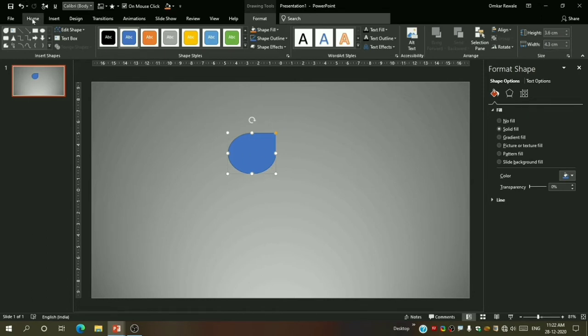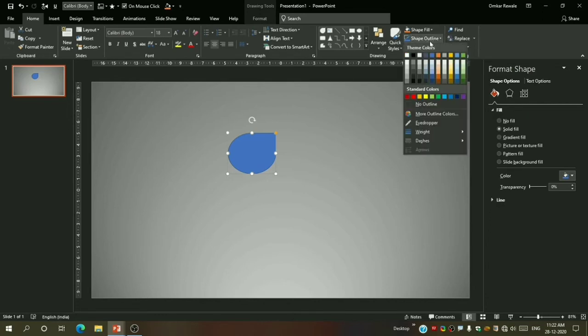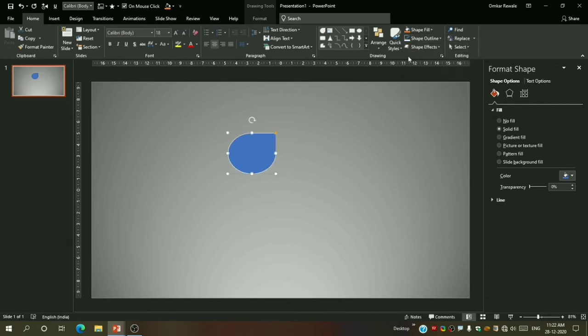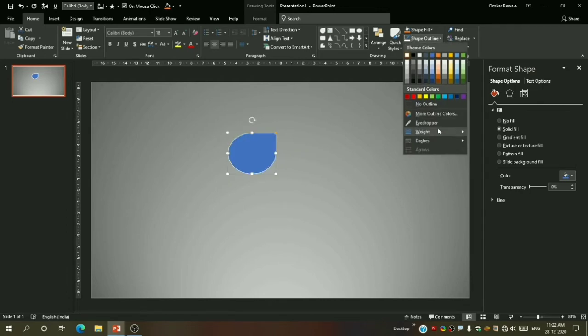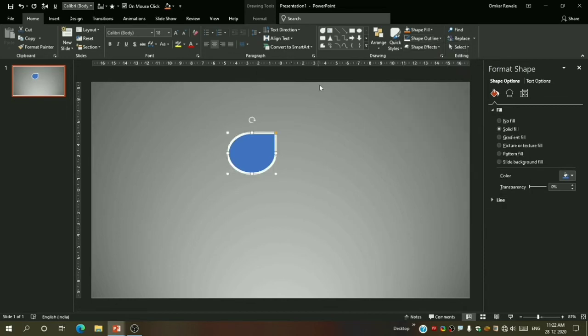Okay, now again I will go to the Home tab. In shape outline I will make its outline white, and in weight I will make it 6 pt.